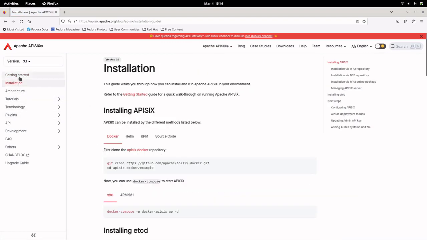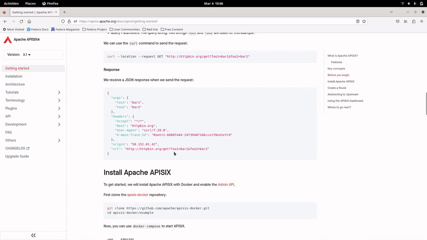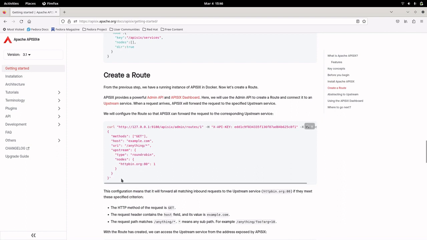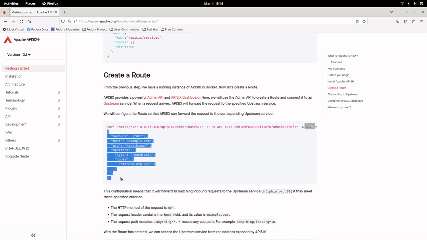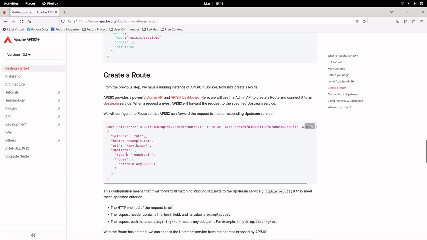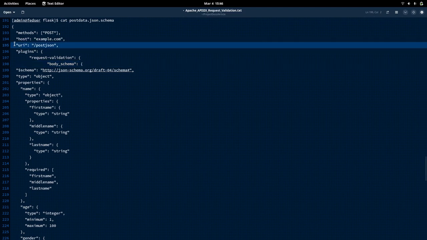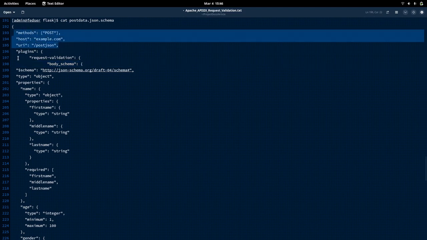Okay, if you go into the APISIX documentation and look at the getting started, you can take this route, basically the JSON data that we are going to send as a part of a route, and here we are additionally creating a plugin section. We are updating this route with the plugin section after the URI. If you see carefully, this remains the same,